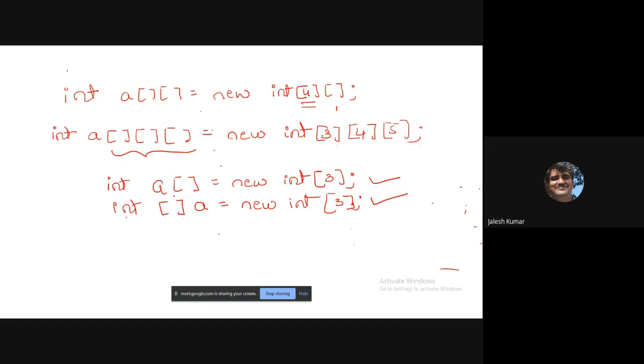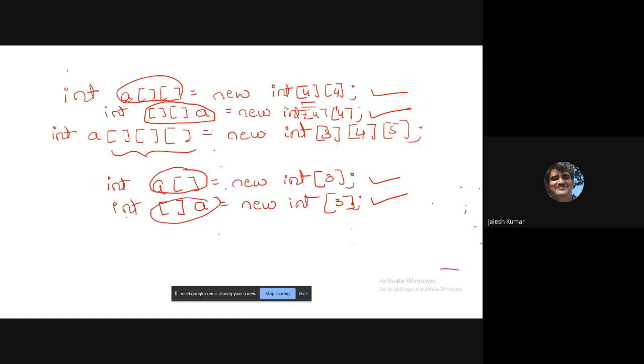Like that in 2 dimensions, I'll take it here itself. Instead of writing like this, what I will do is I'll write int, then 2 brackets, then I'll give the name is equal to new int 4 cross 4. Is it valid? Yes, perfectly valid. If you write like this, it is also a two-dimensional array. If you write like this, that is also a two-dimensional array. So you may get such type of questions in objective type, like if you write like this, whether there is any error. No, it is perfectly correct.